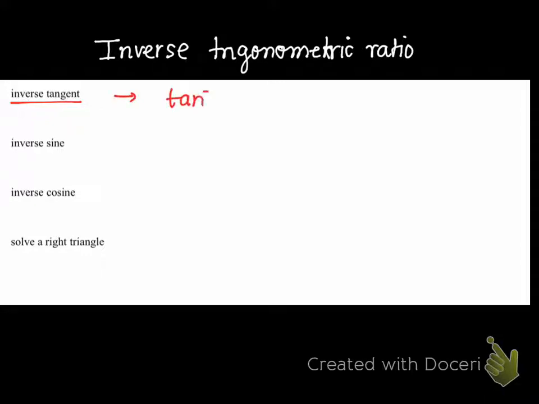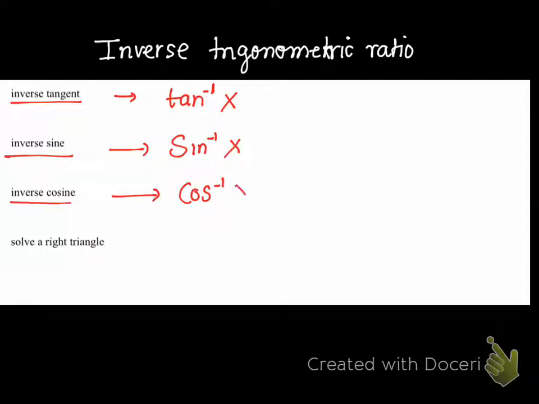If the name of the angle is x, it is written like that, inverse tangent of x. Inverse of sine, if the angle is x, is represented like this. And inverse of cosine is written like this, cosine inverse of x. And solving a right triangle means finding